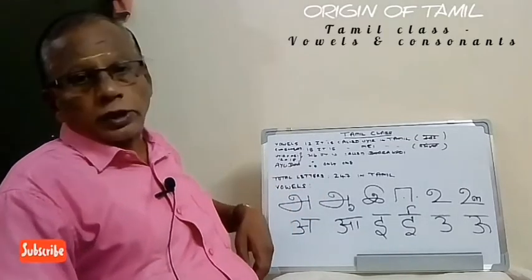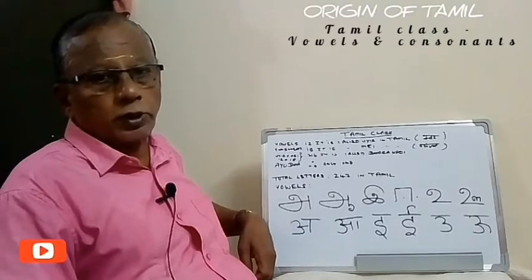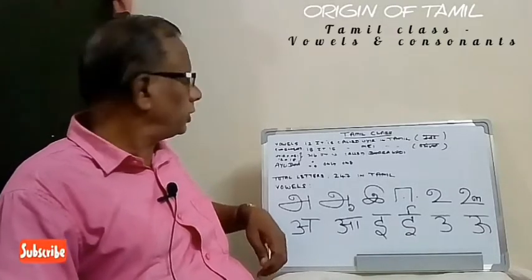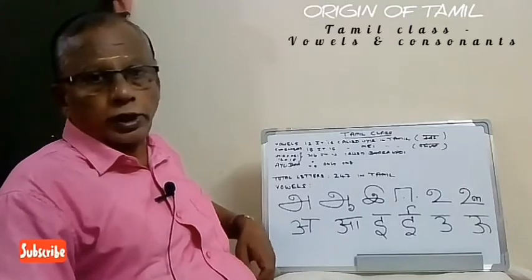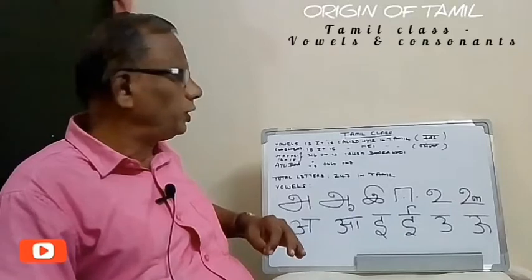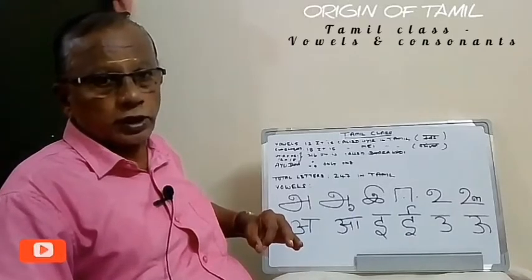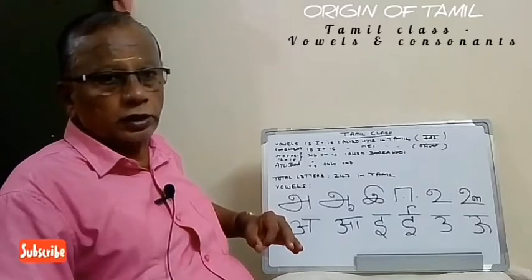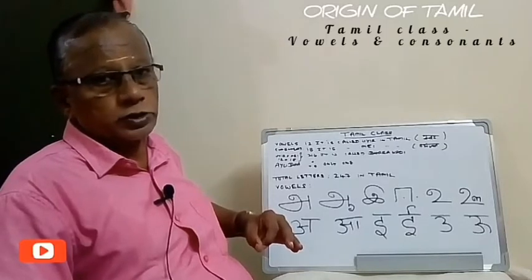So there are some letters we are adopting. Six letters we are adopting from Sanskrit. That I will teach you in some other lecture. Today we are going to see only the vowels. I am only going to teach you 6 vowels today. You have to practice each and every letter, one full page.